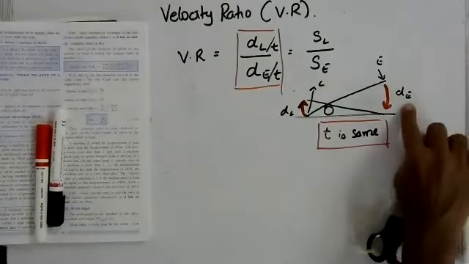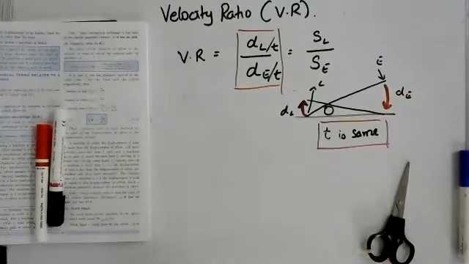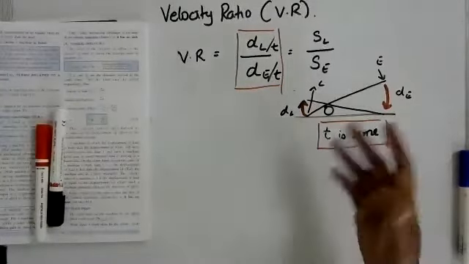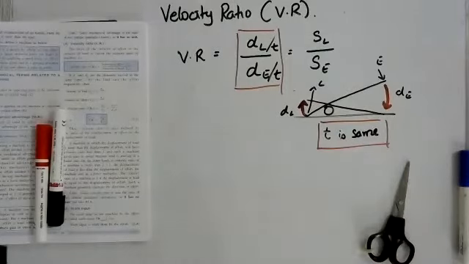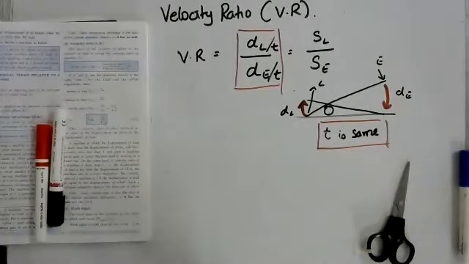I'm using dE instead of SE and dL instead of SL interchangeably. I had used S because that is the symbol that we normally use for displacement, but today I'm going with the distance that is moved. There is no particular reason why, except that in the textbook it is mentioned as dE, so I don't want it to be confusing because you will have to refer to the textbook at some point of time.